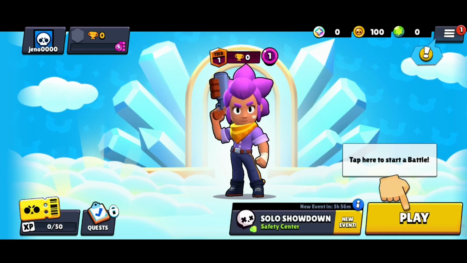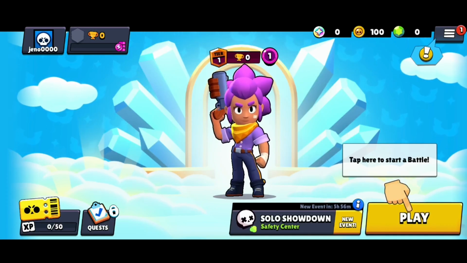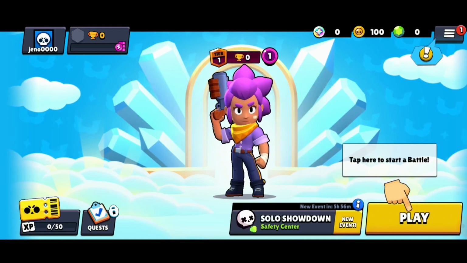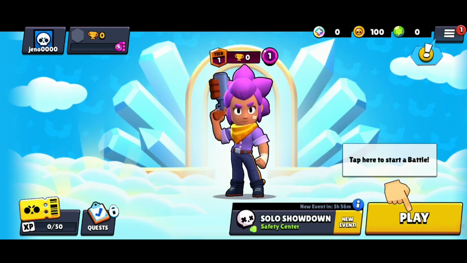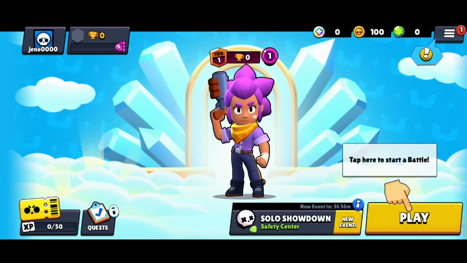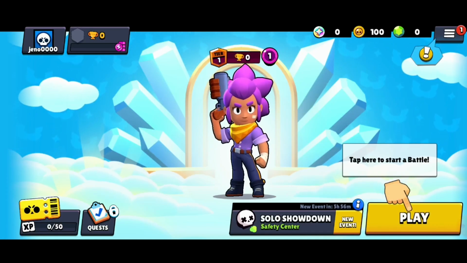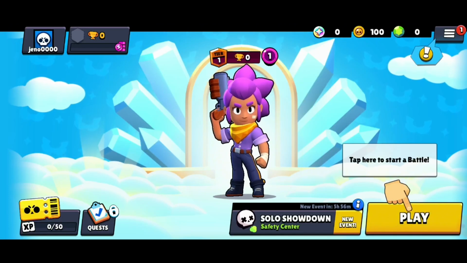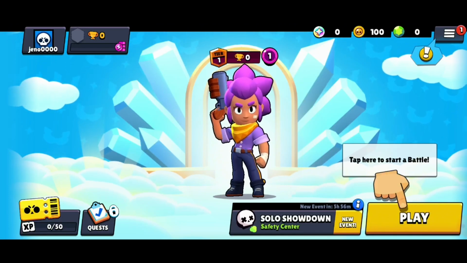First thing first, you need to open up your Brawl Stars application, and before that you need to have more than 2 or 3 Supercell IDs. In order to do that, you may just go to Supercell in one of your browsers. After that, create your Supercell ID with your Google account, and if you have logged in one of your Supercell IDs into your Brawl Stars, what you're gonna